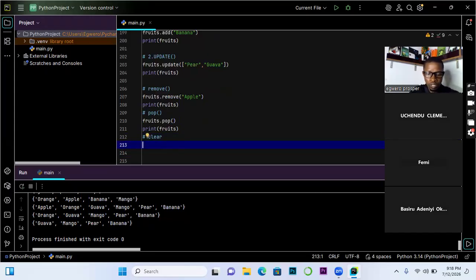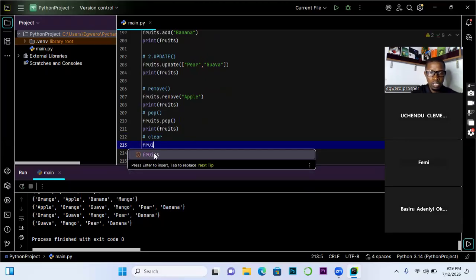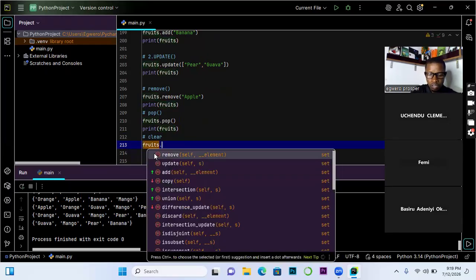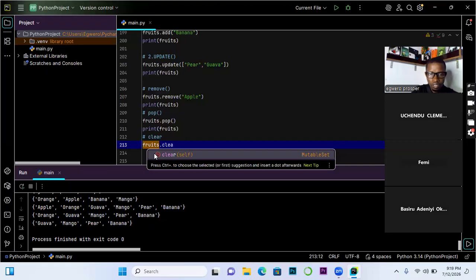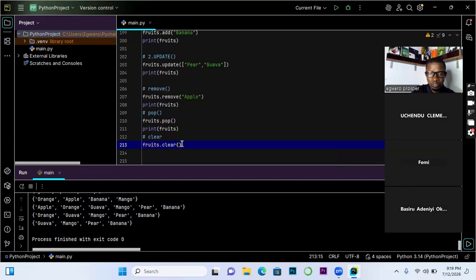So let's apply it. It's going to be fruit.clear. You can see what I'm talking about now, self. Once you see a function displayed like this, you are not meant to put anything inside. That is what it says. So if I run it now, you see that it's already taken.